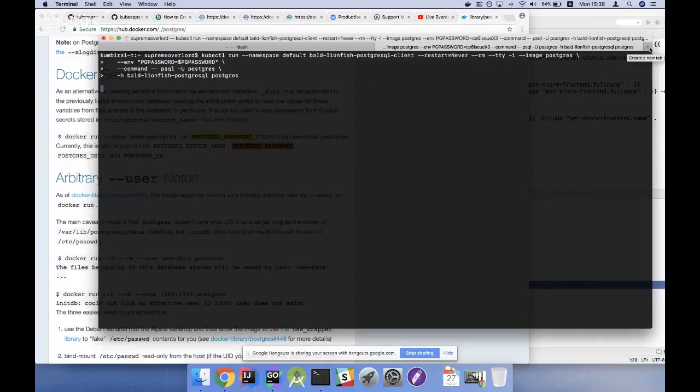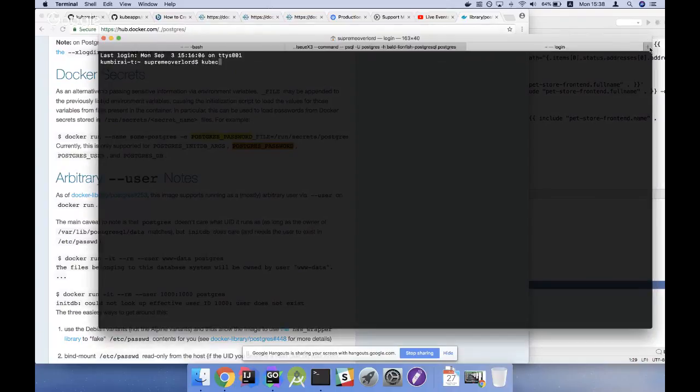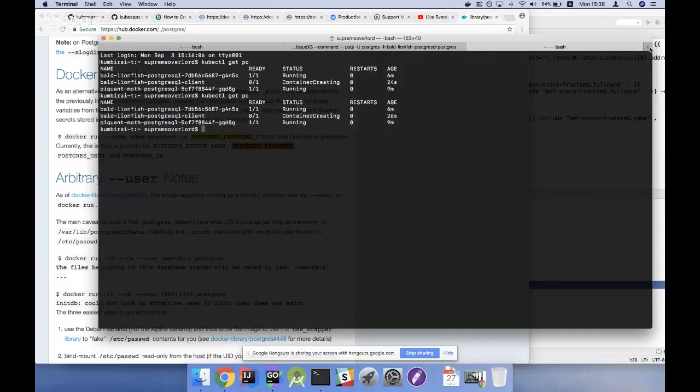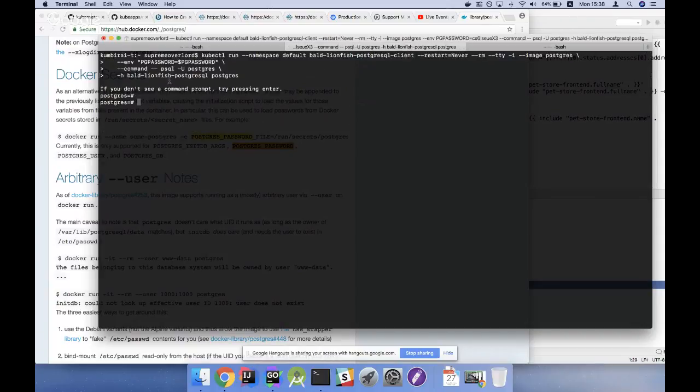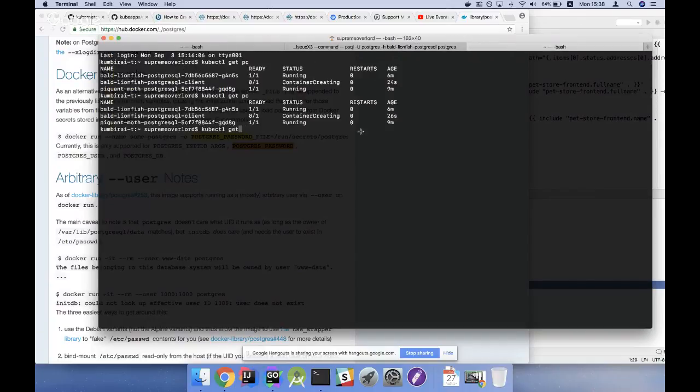While that loads, I think it's probably a good idea for me to just see what's happening. Okay, cool. So the container is creating. In all likelihood, what's happening is, oh yeah, there we go, it's done. It was just pulling. So if I run kubectl describe,